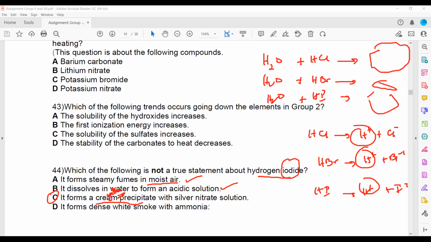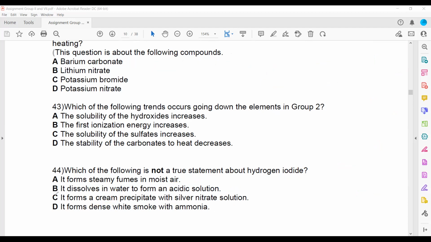It forms a dense white smoke with ammonia. That's true, because when ammonia reacts with these hydrogen halides, it forms a salt, ammonium chloride or ammonium bromide, which is a dense white smoke. So ammonium chloride, ammonium bromide, or ammonium iodide result in a dense white smoke. So these are the MCQs related to